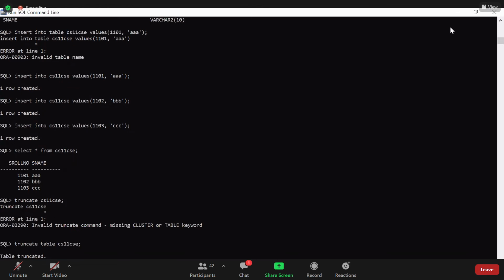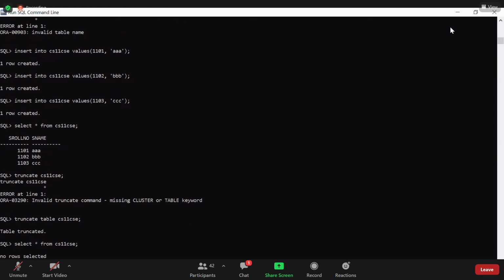We have to check again, because I have already told you the truncate command's working principle is to delete the entire records in a table. See here, no rows are selected. The output is saying that in that table there were no rows, no records.